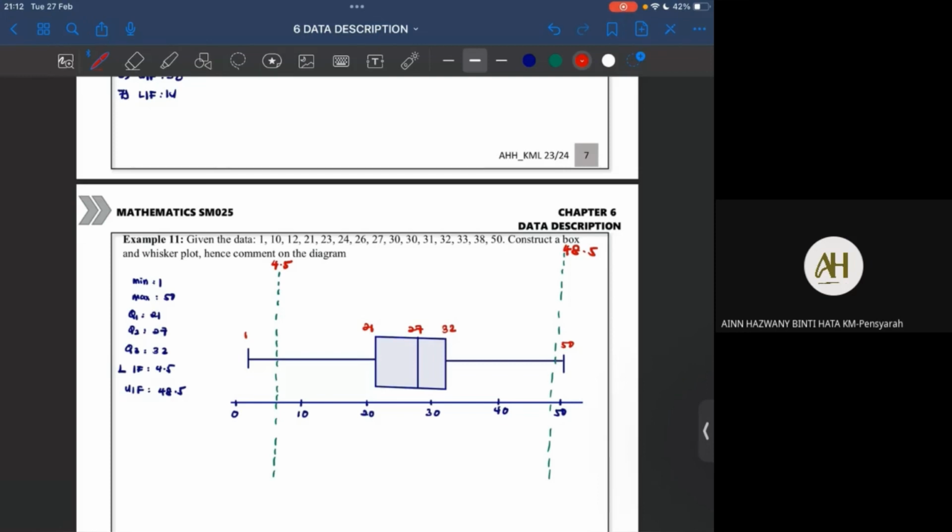So how about this data? Kita kena comment. Kita comment on the diagram. So diagram is positively skewed, negatively skewed or symmetrical? Negatively. Negatively skewed. Okay, negatively skewed. So kiralah antara 27 dengan 1